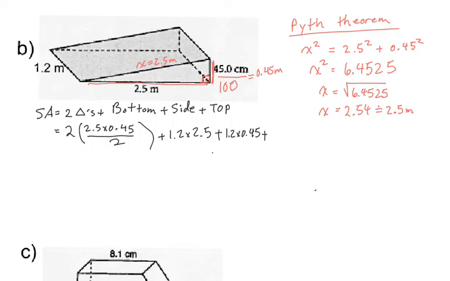The area of our final side being 1.2 times 2.5 or 2.54. It's up to you. I think what I'll do is I'll use 2.54 to get a more exact value here. So 1.2